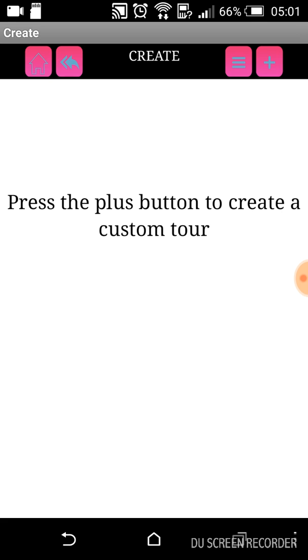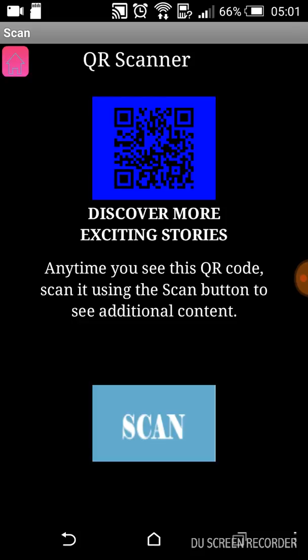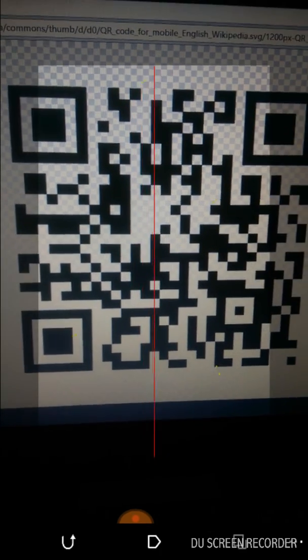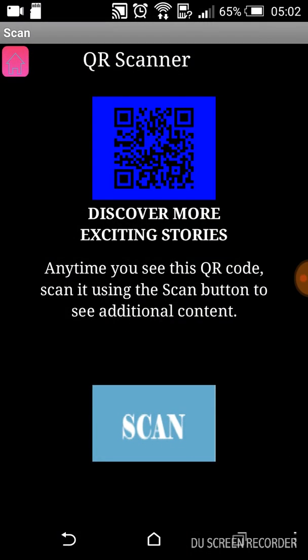So then we go back to the main page, and next we will be looking at the scan option. Throughout the museum there will be QR codes with additional information. The user of the app can then use this app to scan the QR code with information. But at the moment that is not working yet, so we only have the camera working. Then to go back,